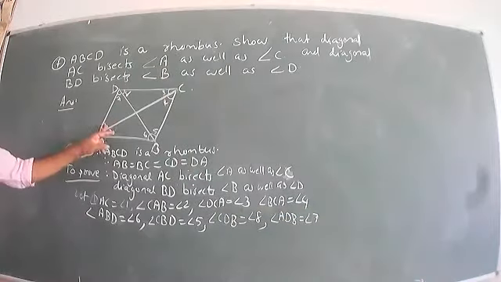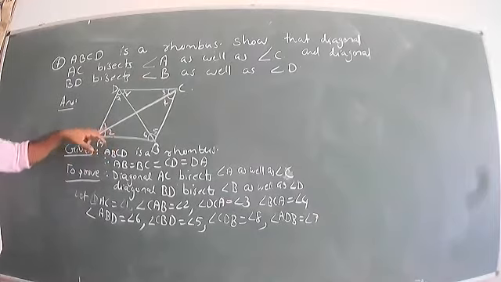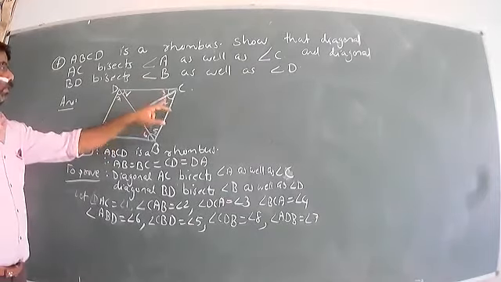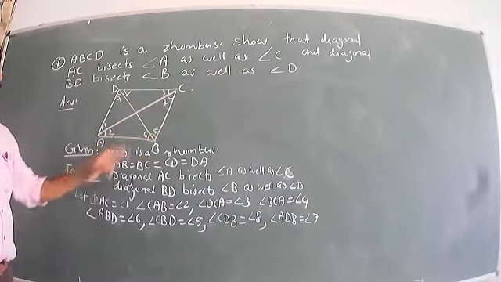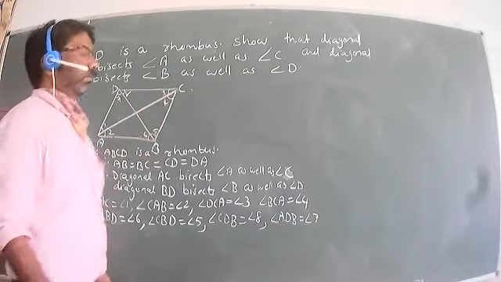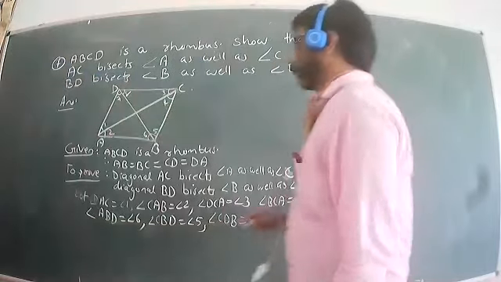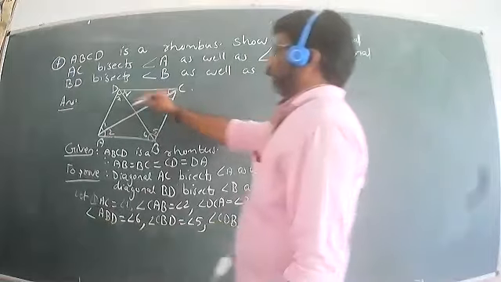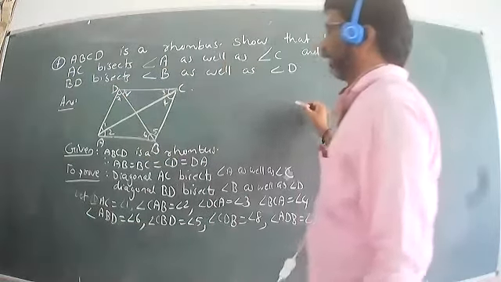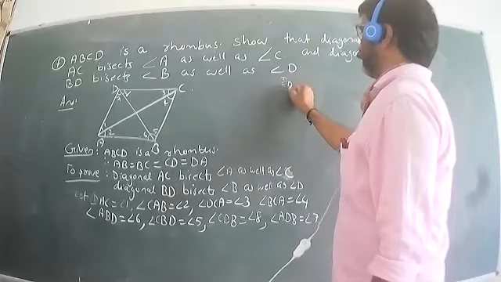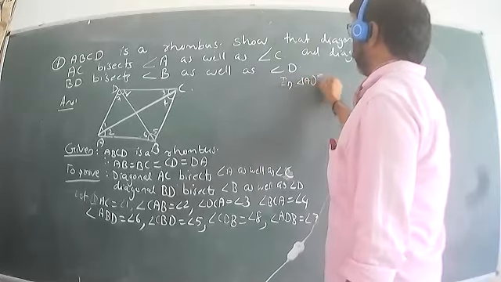So we want to prove that angle 1 is equal to angle 2, angle 3 is equal to angle 4, angle 7 is equal to angle 8, and angle 6 is equal to angle 5. All these things we have to prove. First of all, as we have done, don't consider BD. Take triangle ADC. In triangle ADC,